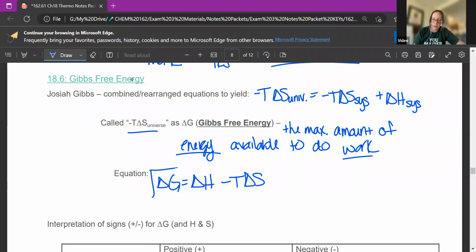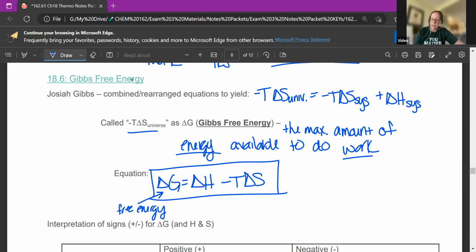Okay, so this is our equation. It relates everything we need to know for something to be spontaneous or not. All right, so delta G is the free energy, tells you if it's going to happen or if it's not. Delta H is enthalpy, so that's like our heat, right? Endo versus exo. T is just temperature, and delta S is entropy. So is it positive? Is it negative? So remember I told you that all of these things play into spontaneity, okay? Usually things that are exothermic are spontaneous. It depends on the temperature, right? Especially when you're talking about phase changes. And entropy usually tends toward being positive, right? That's more spontaneous. So we have to take in all of these things to account